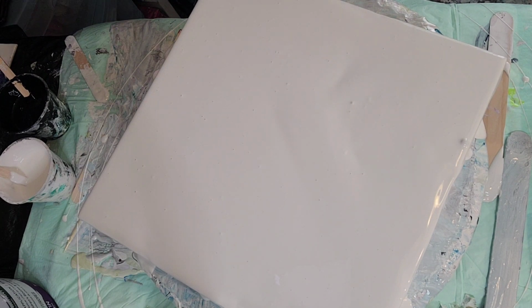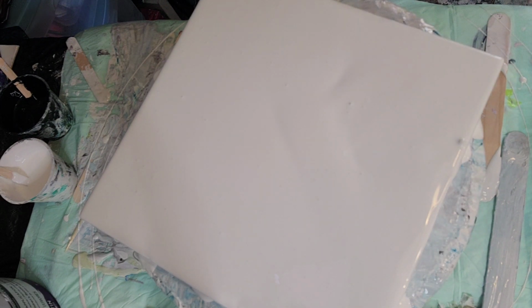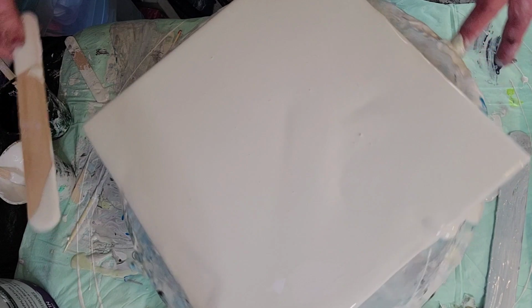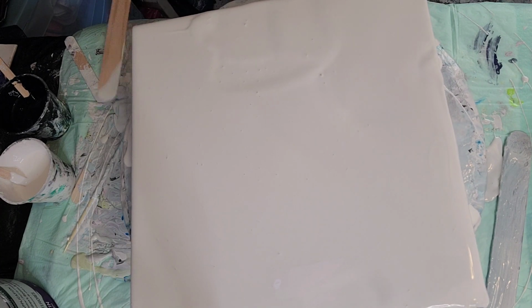Woo, I got a little carried away. I forgot there was all kinds of paint on there. So let's bring some paint around. All right, I think I'm good to go. Got some bubbles, no big deal. All right, when you're doing these swipes with the bloom paint,